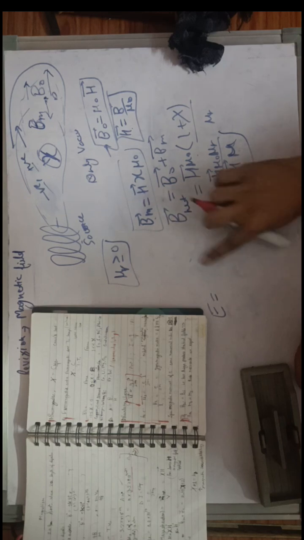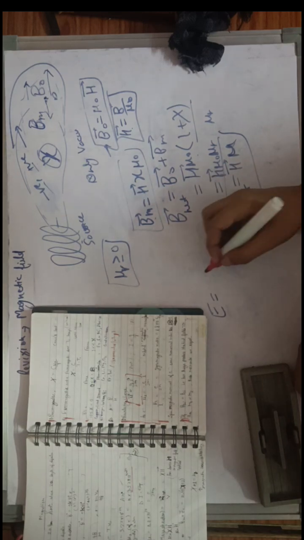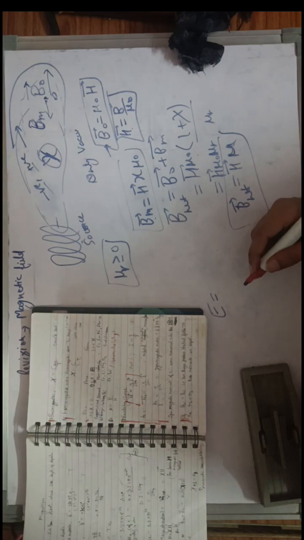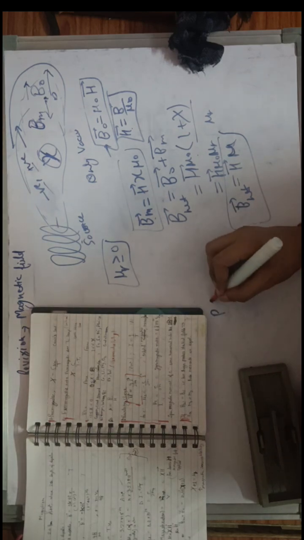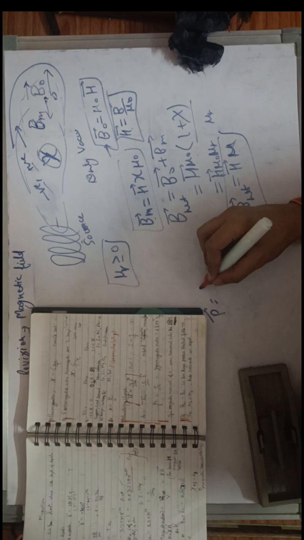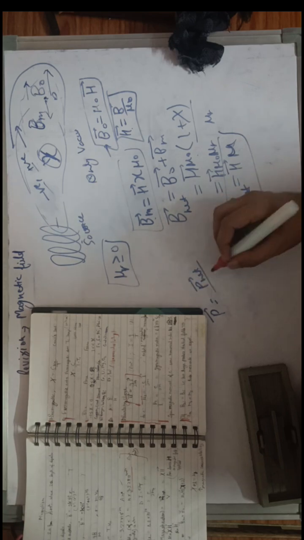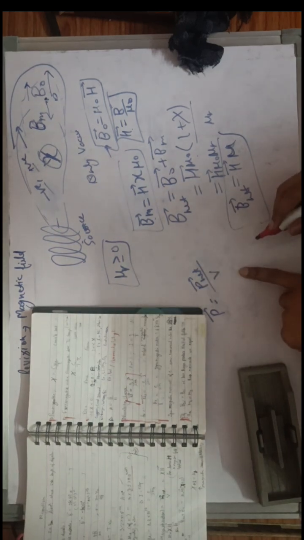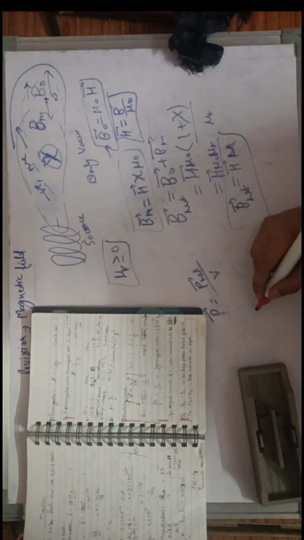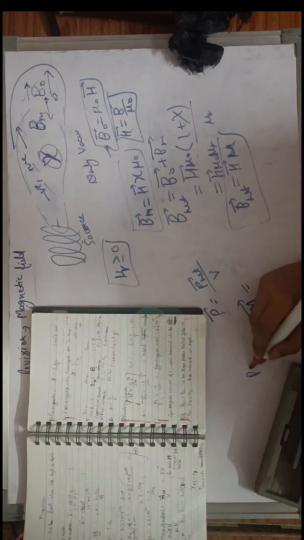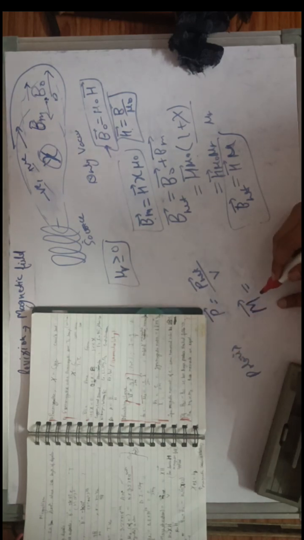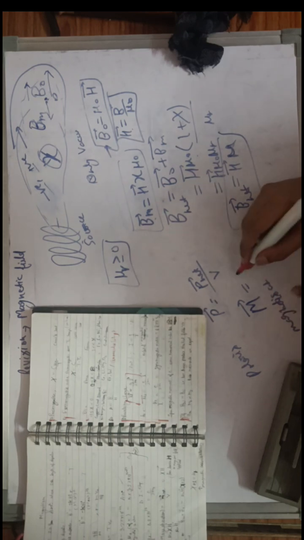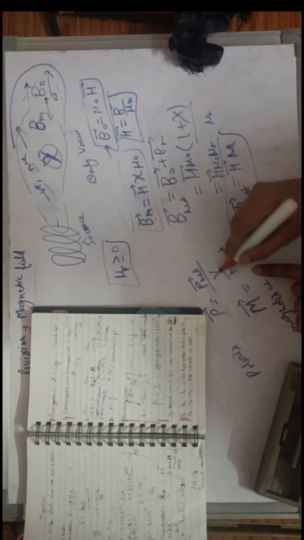This had the dimension of, let's say, P, the magnetic moment. The polarization in case of electric field was defined by P, net dipole moment per unit volume, that is, net dipole moment divided by the volume in which this dipole moment is present. Similarly, in case of magnetism, there is magnetization. It is called polarization in case of electric field, and in case of magnetic field it is called magnetization. This is equal to the net magnetic moment divided by the volume,